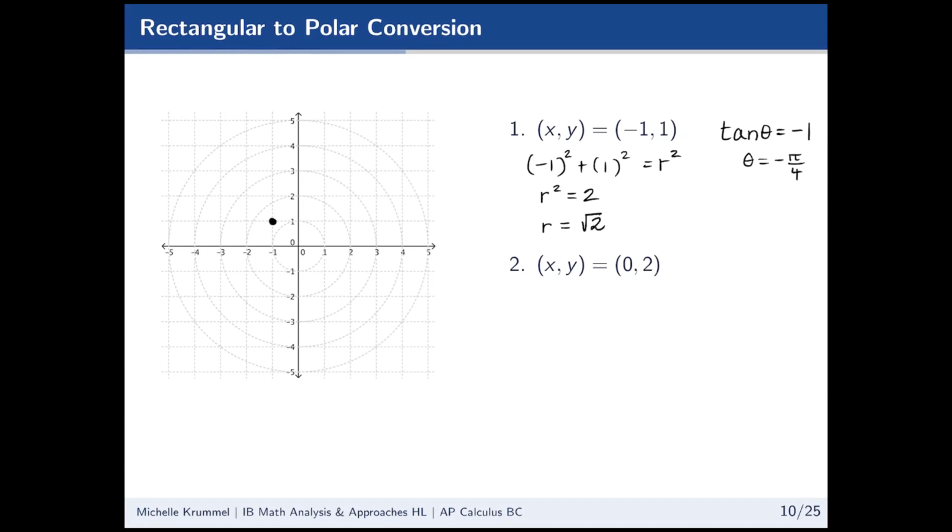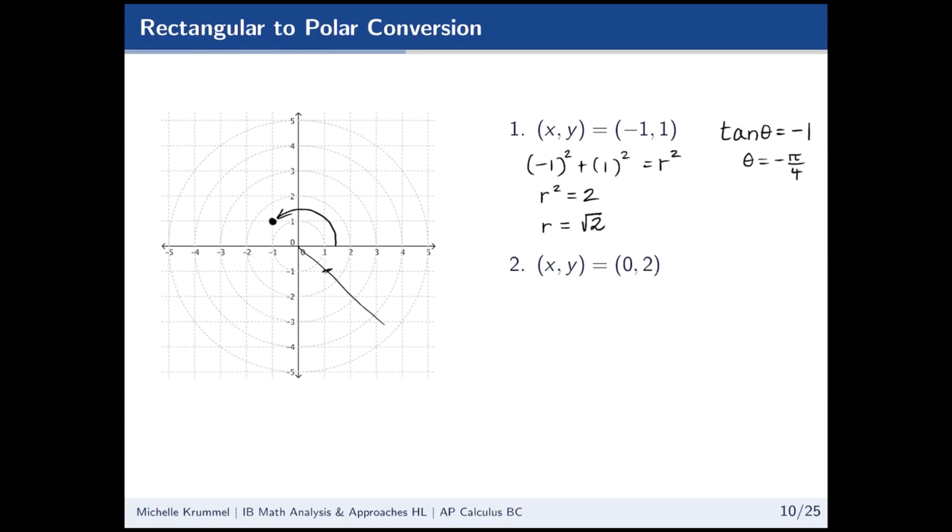Now, if I use root 2 comma negative pi over 4, I'm going to be in the wrong quadrant because negative pi over 4 is down here. And then if I use a positive r value, that's going to put me over here somewhere, which is not where I need to be. I need to be in quadrant 2. So I either have to adjust that angle or use a negative r value. If I want to use negative pi over 4 for my angle, then I can use negative root 2 for my r. If I want to use positive root 2 for my r, then I need to use